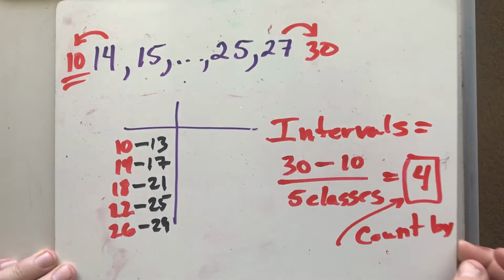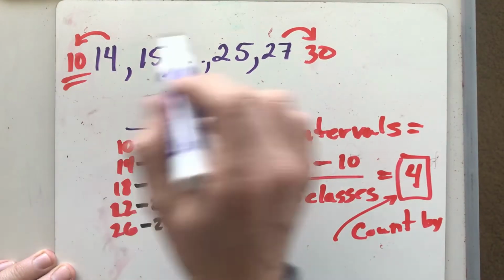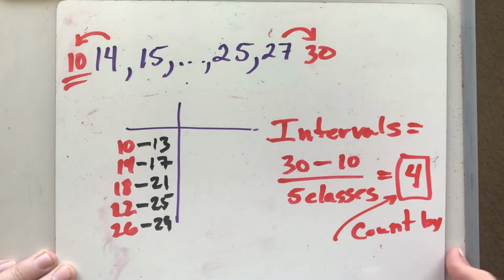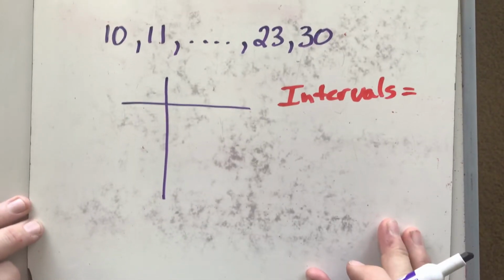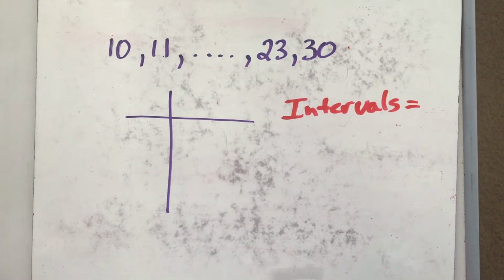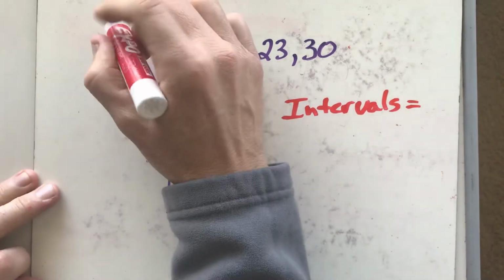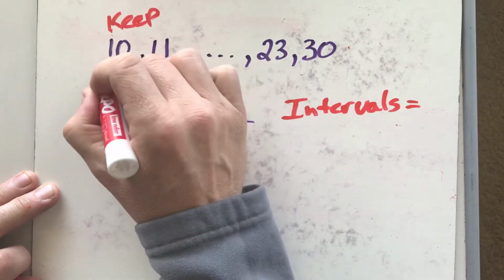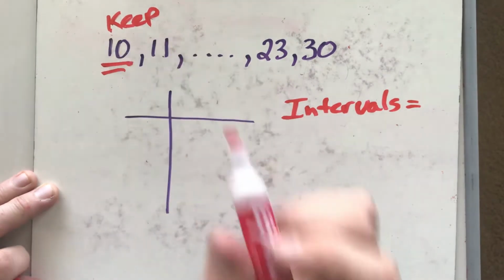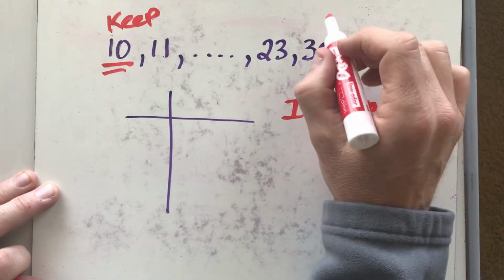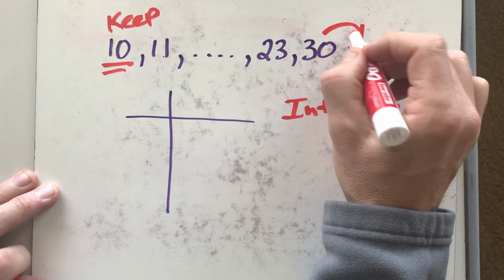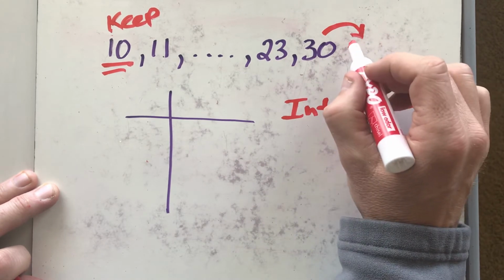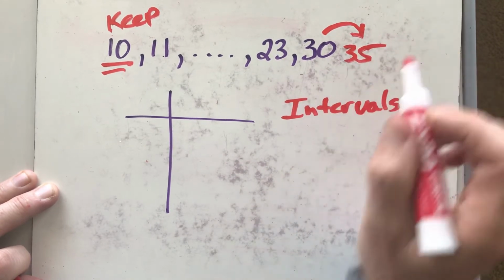Next, these numbers rounded down and rounded up because they weren't multiples of 5, but some situations might have one or both, like this example right here, where I have two numbers, both the beginning and the ending values are already multiples of 5. If you ever have a starting one that's already a multiple of 5, you're just going to keep that one as the starting part, because when you start at 10, it'll be included in the interval. But the 30 needs to get moved up in order for it to be counted, so I need to round that up to the next interval of 5, in this case being 35,